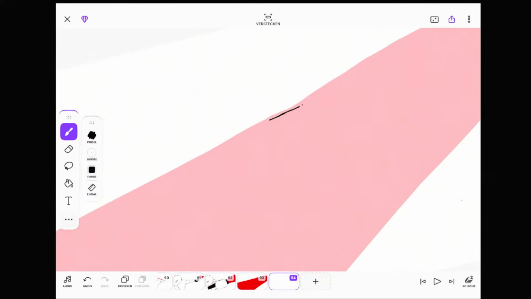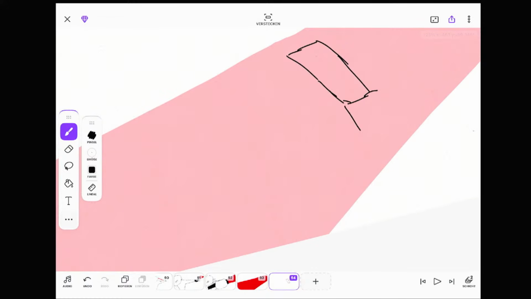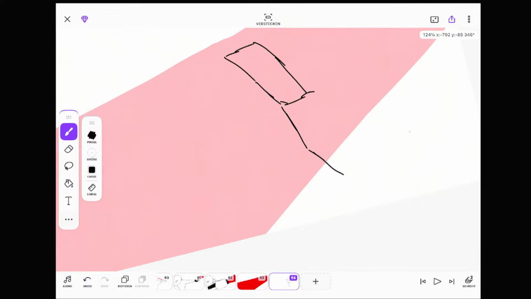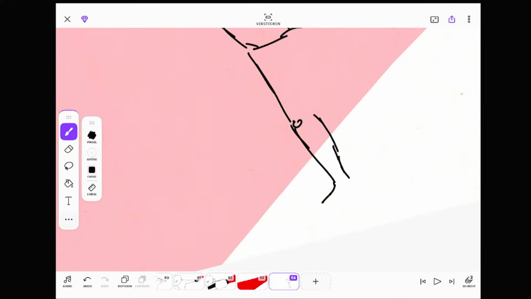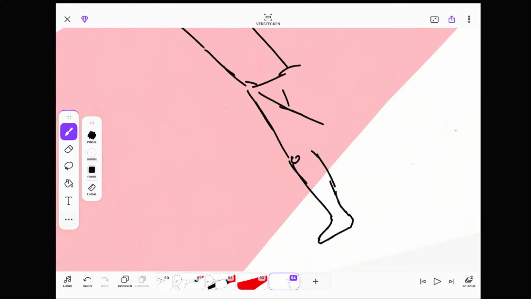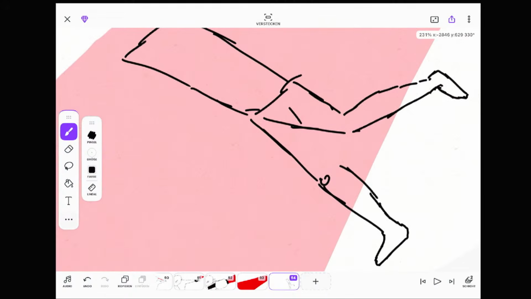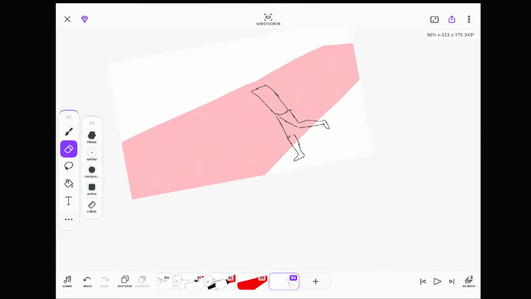Maybe he has this right here. Just draw the body. I'm trying with basic shapes at the moment. Like that.